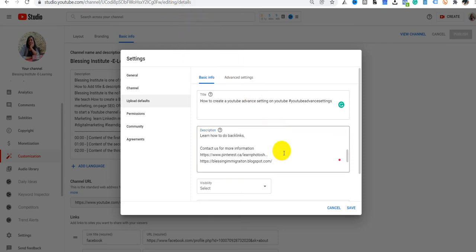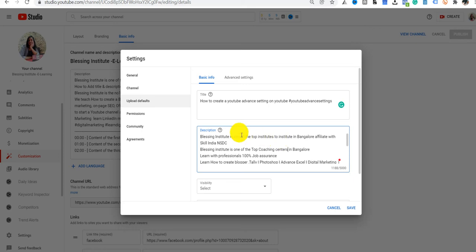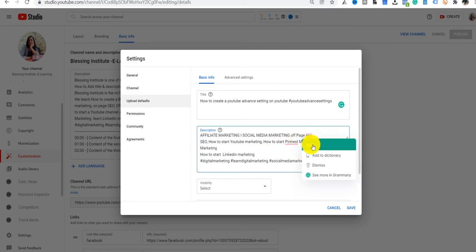I already had a description, so I just copy-pasted it here, saying that Blessing Institution is one of the top institutes in Bangalore, affiliated with Skill India and NSDC, with 100% job guarantee. Professionals are teaching in affiliate marketing, social media marketing, off page and on page SEO, how to start your YouTube channel marketing, Pinterest marketing, Instagram marketing, LinkedIn marketing, digital marketing, and other things.